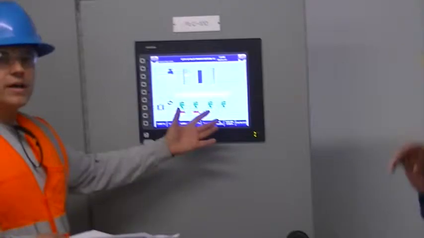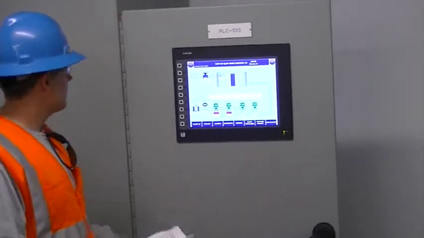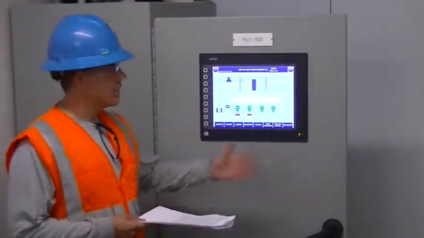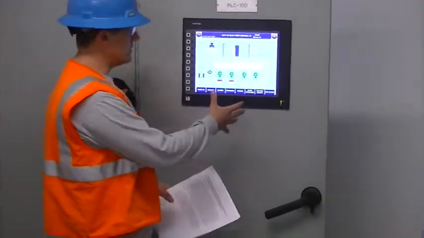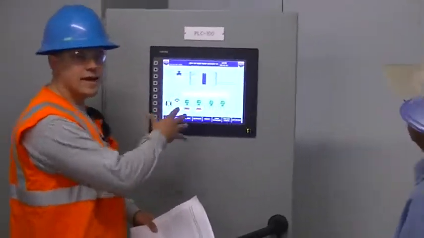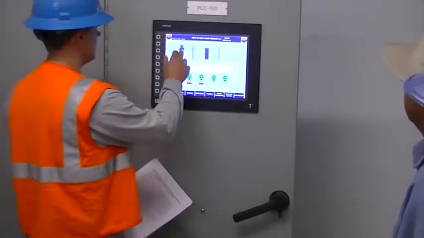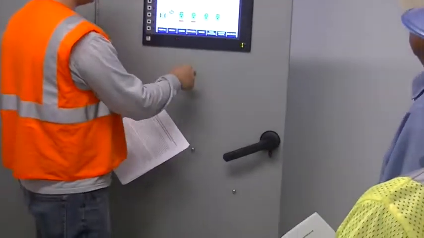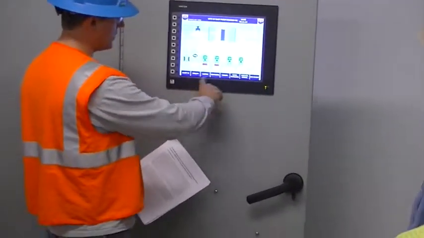Basically, this is your RTU panel. It's got the red line OIT screen on it. This is going to be the first screen that's going to be up. Basically, you can take a look at stuff, but you can't access anything unless you log in. So, the first screen I'll take you to is, if you look on the buttons on the bottom, this is how